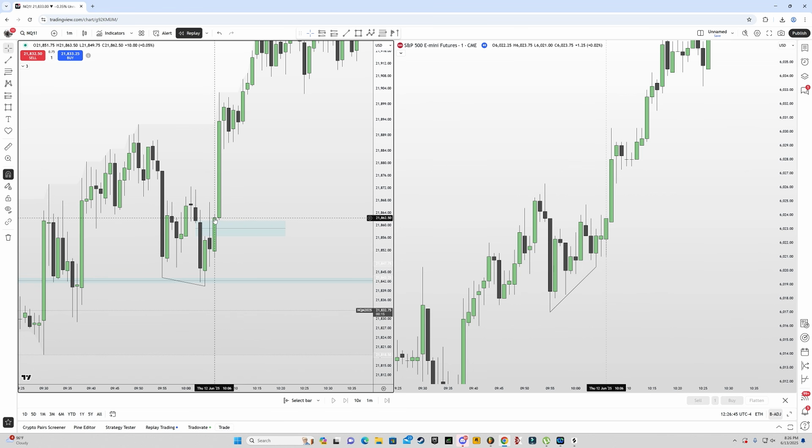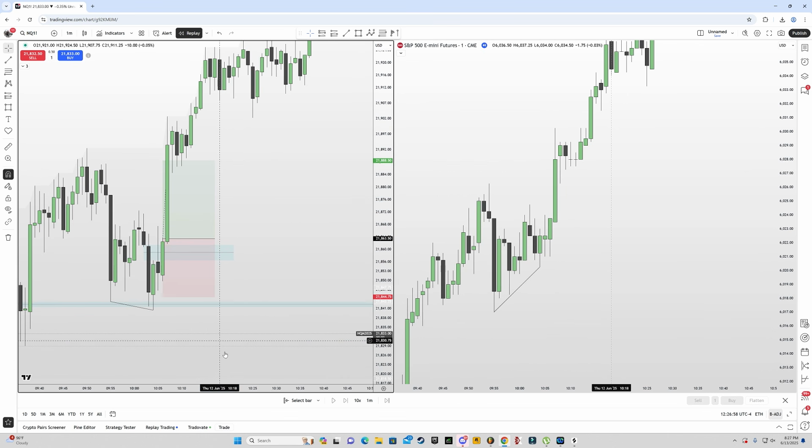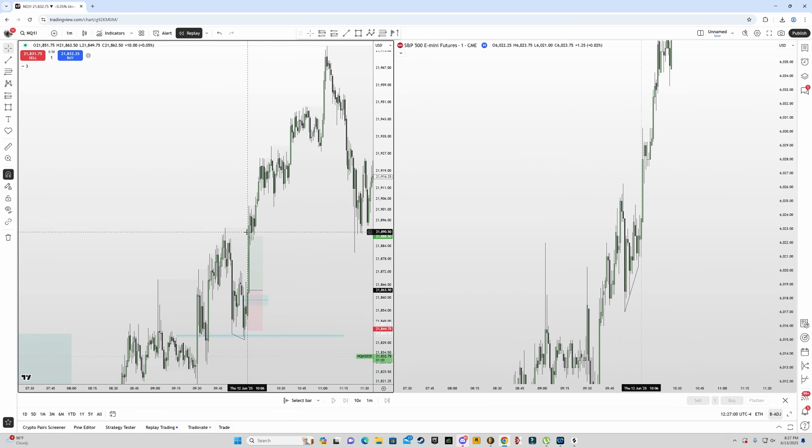Now, as soon as price closed here, that was pretty much my long entry. I got a late entry because when I pressed the button, it lagged for a bit and then got me in somewhere around here. But you can see how this played out. This was my long stop, below the bodies here, and it was absolutely beautiful.